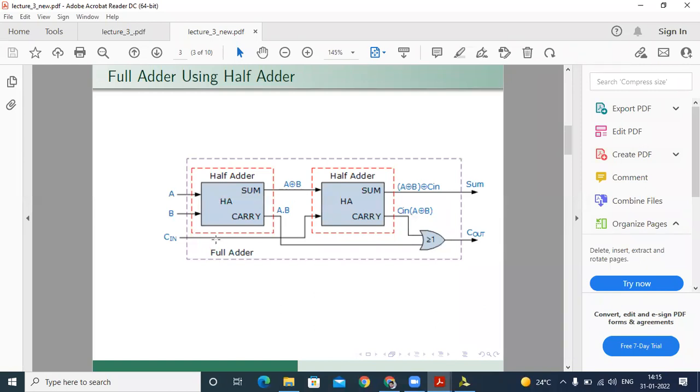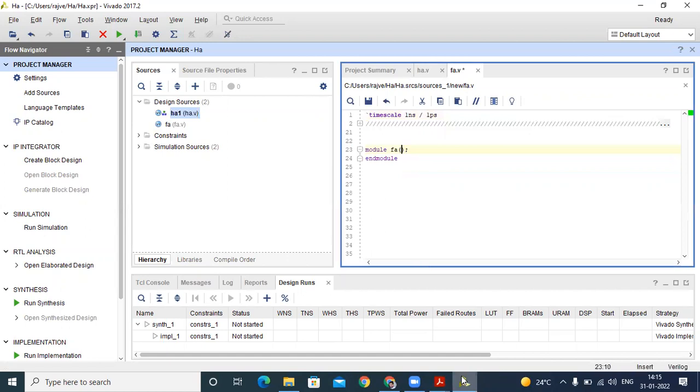In this adder we have A and B and carry in as inputs, and sum and carry as outputs for our top module. So we write the same: A, B, carry in, sum, and carry. These are our port names.